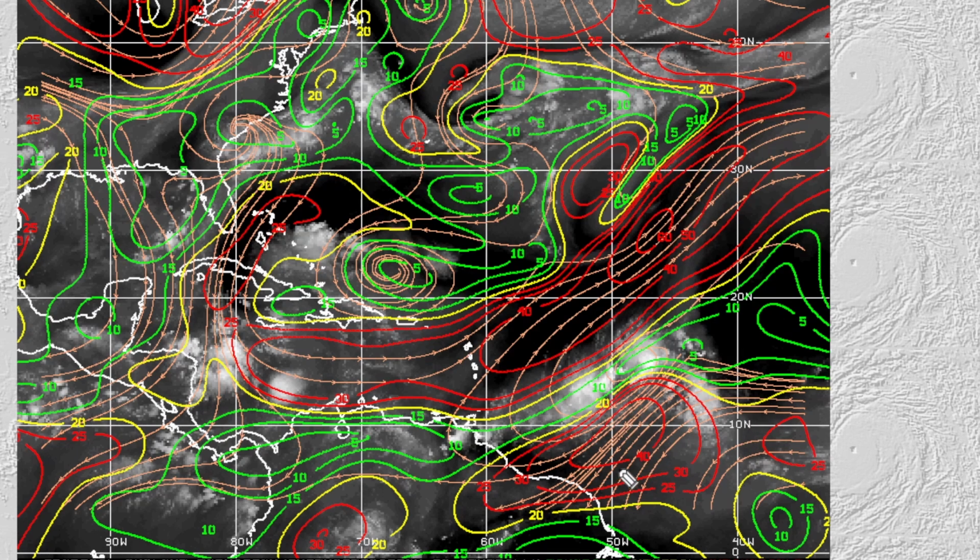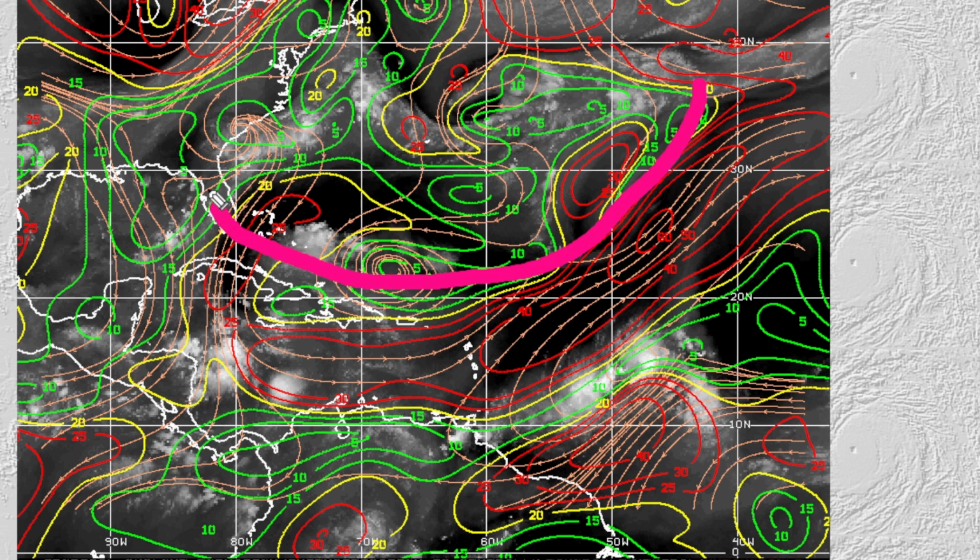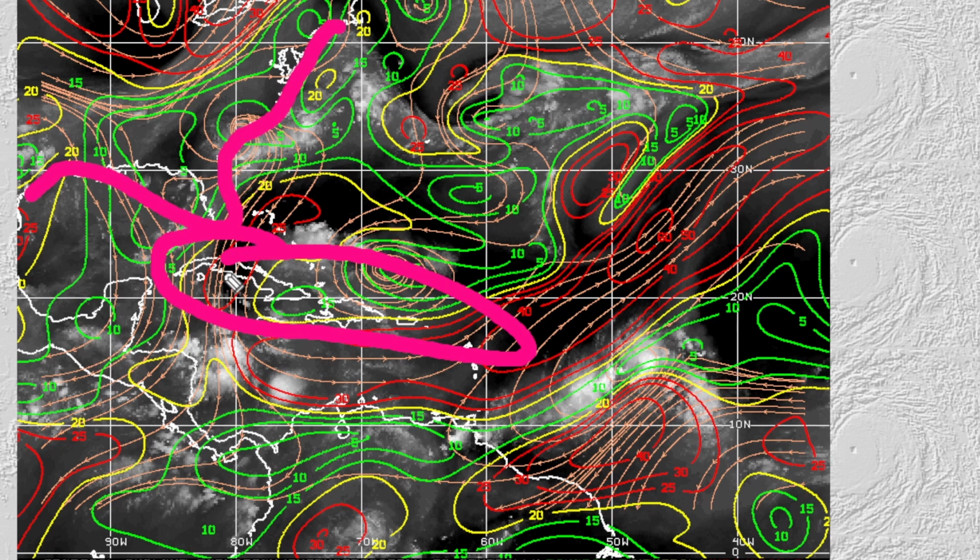There's a blob right down here. Here's a center right there. It's going to be headed northwest, and this is where we have a lot of the lesser wind shear, and we only have around 5 or 10 knots of wind shear in this area. A lot of those green areas here, this is all favorable conditions. Over here, you can see here's the United States, Florida, here's the Caribbean right here. So that's where it's going to be headed and possibly curve up to the north,